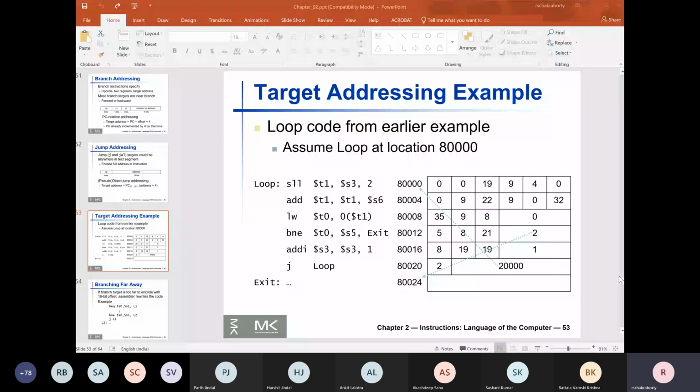This process of reading in an instruction from memory is called instruction fetch. Trying to make sense of what 32-bit thing has been fetched inside is called instruction decode, trying to decode what this 32-bit string means.